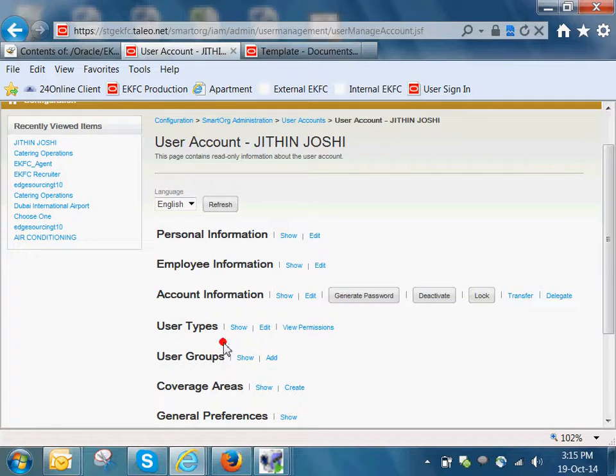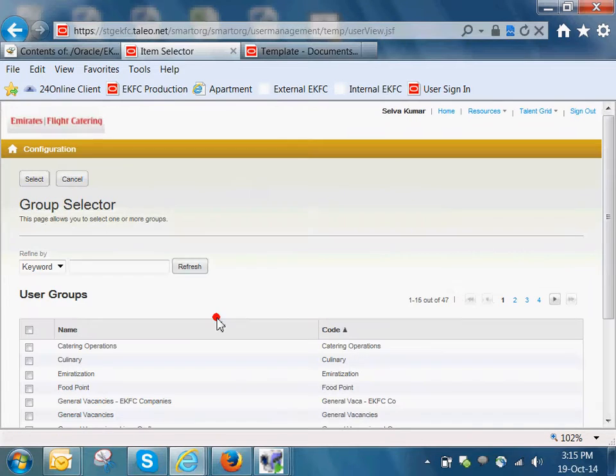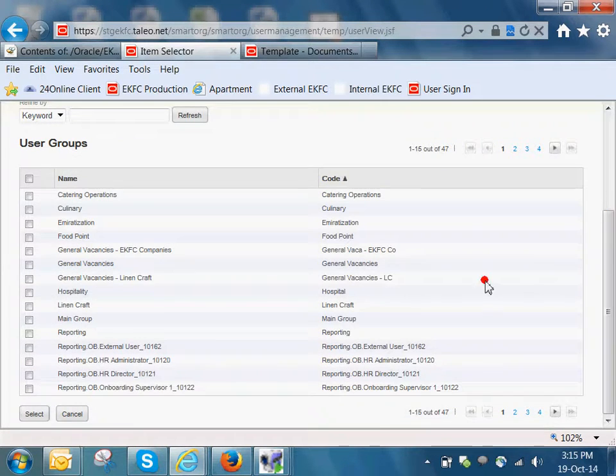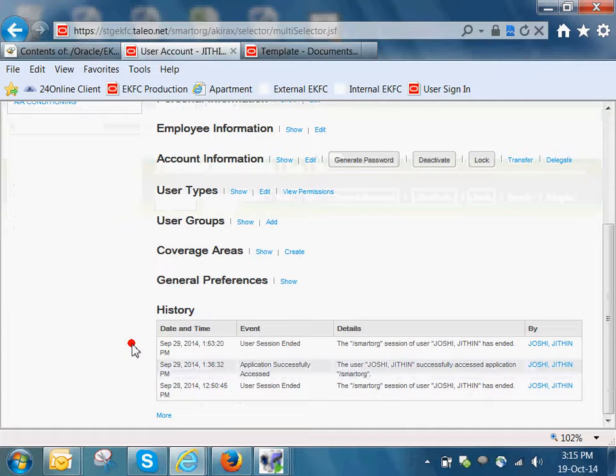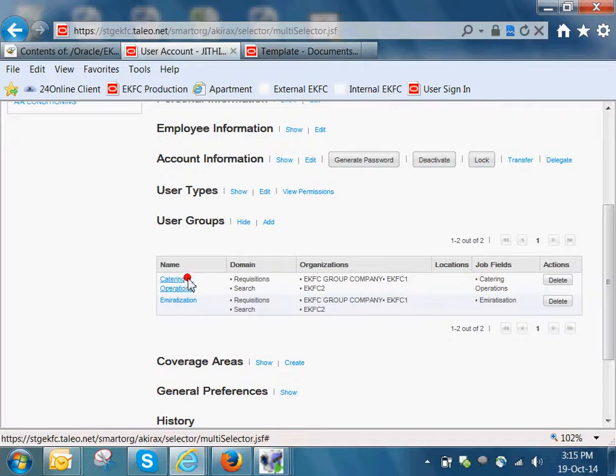Under user group, click add, select which user group you want to manage, select, and it will get added. If you want to see all the user groups he or she has, click the show button, and it will show the user groups that she can manage. If you add one more, it will appear.